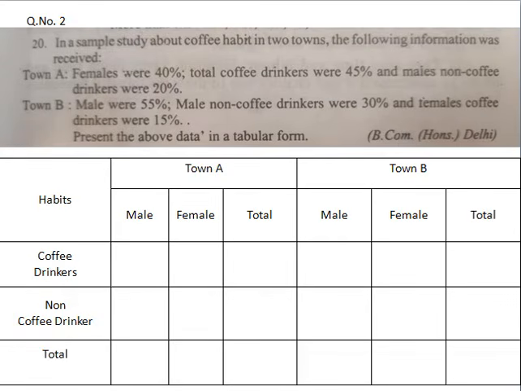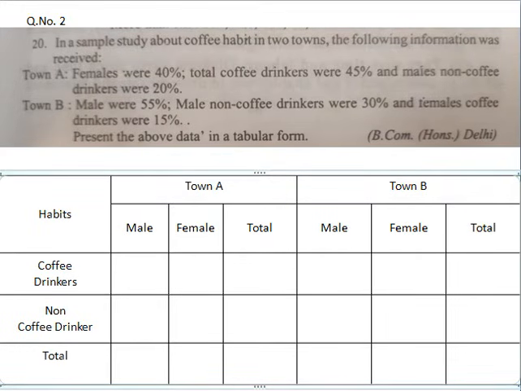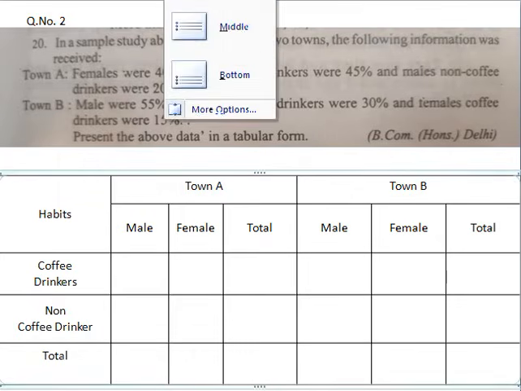Hello, solution of question number 2, that is tabulation. One question is already solved. In this question, you see this was the complete table. Now you have to draw the table, right? So below you have the solution table that you have to write like this. You need to write the tabulation title also.